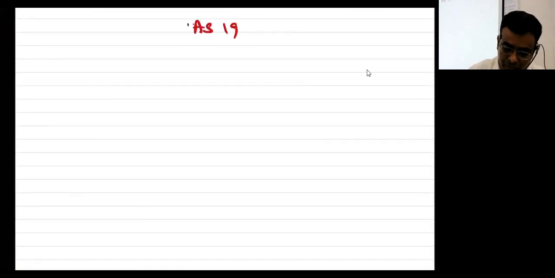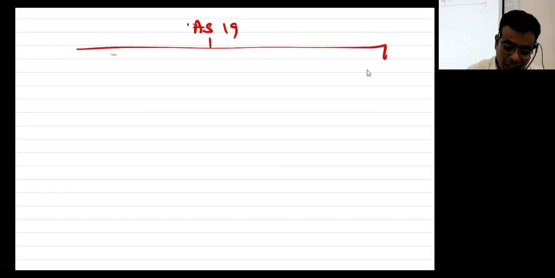Everybody getting connected with me? The existing standard for this is AS 19. I know very well about all of you. You will be experts in AS 19. One of the complicated standards at inter level is AS 19, but it's quite easy. Even for sale and lease back, we used to give one flow chart. That flow chart will take care of the entire problem at inter level.